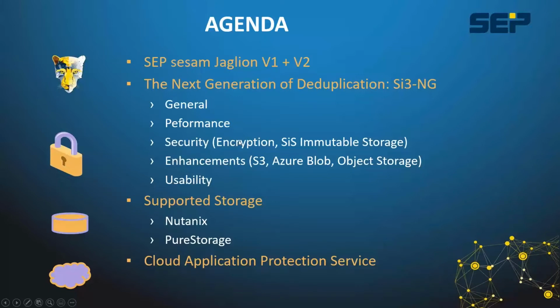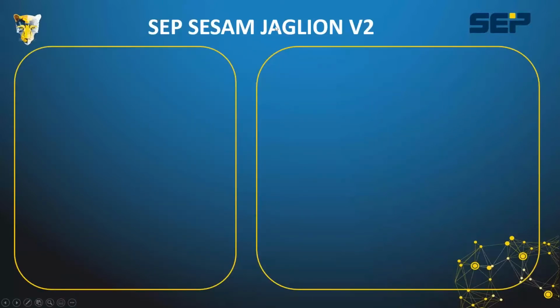You can see already from the buzzwords over here that we have an immutable storage, that we have Azure Blob now as an object storage, and so on, Nutanix, Pure Storage, and also a slide on our Cloud Application Protection Service. So let's directly hop into the first slide, talking a little bit about Sesam Jaglion version 2